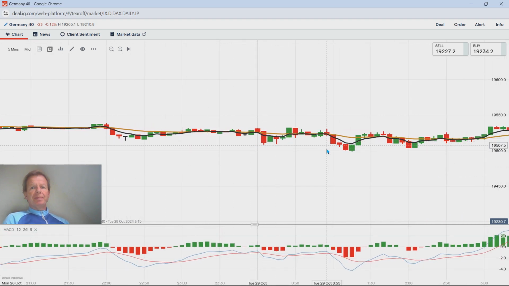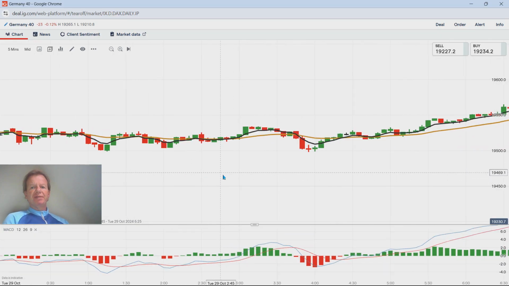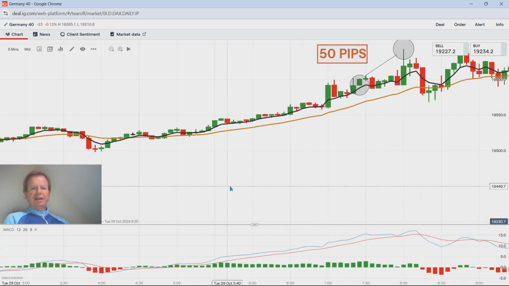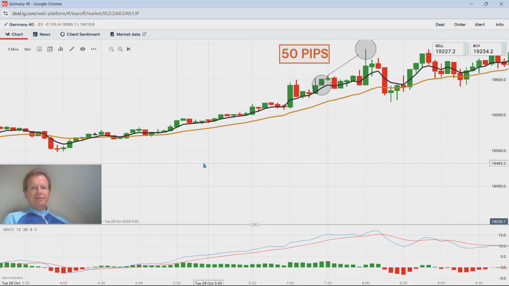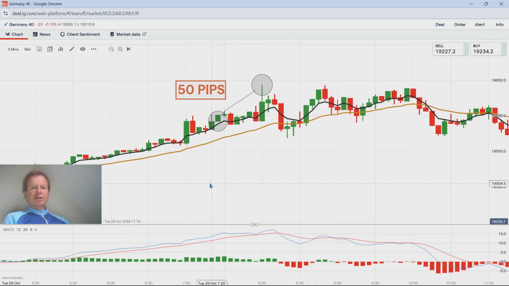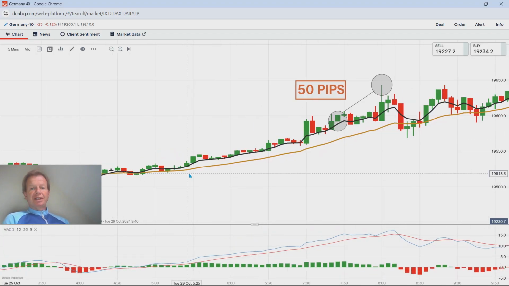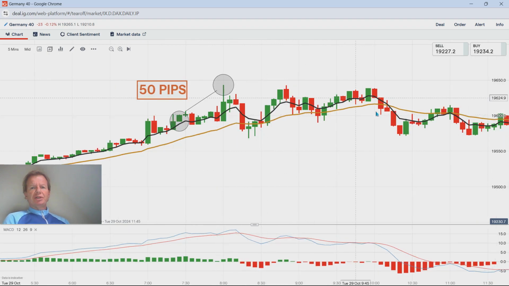Then as we come across the Asian session here, which runs from about midnight to 7:30 in the morning, we can see it stays relatively flat. And then looking at that, that's 5:30. So it's already starting to go up at 5:30 before the European market opens. So by the time I get in here, I'm a little bit late, but it's above the moving average. So I just go for the quick 50 pips, which I get. I think it probably was up earlier, because I did get up early, but I wasn't ready to trade.